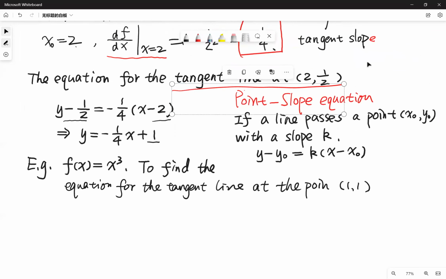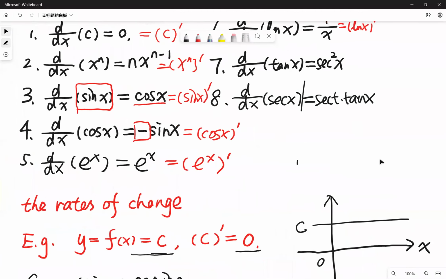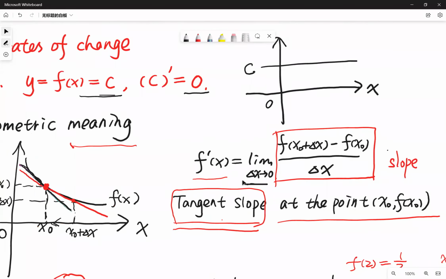You mean here? Yeah. The slope is just f(x0 plus delta x) minus f(x0) over delta x, not the limit when delta